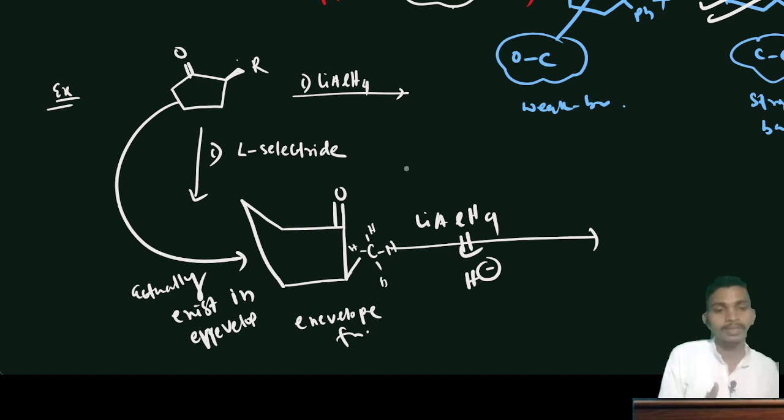So what we see is whether 1,3-diaxial interactions are happening here or not, that we will look at here. Okay, so here we see 1, 2, 3. So there are no 1,3-diaxial interactions. So it will attack in the equatorial position, because there is no 1,3-diaxial interaction, but